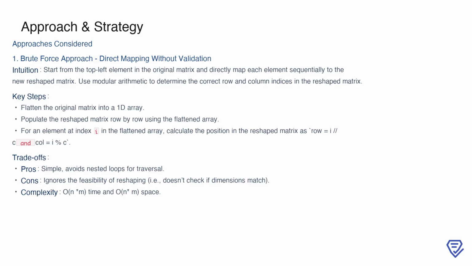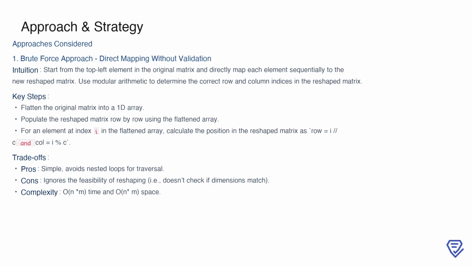This approach has the advantage of being straightforward and avoiding nested loops, but it comes with a major drawback: it doesn't check if the reshaping is feasible. For example, if the total number of elements doesn't match the desired dimensions, this method will still attempt to reshape, potentially leading to errors. In terms of complexity, this method runs in O(n*m) time and uses O(n*m) space due to